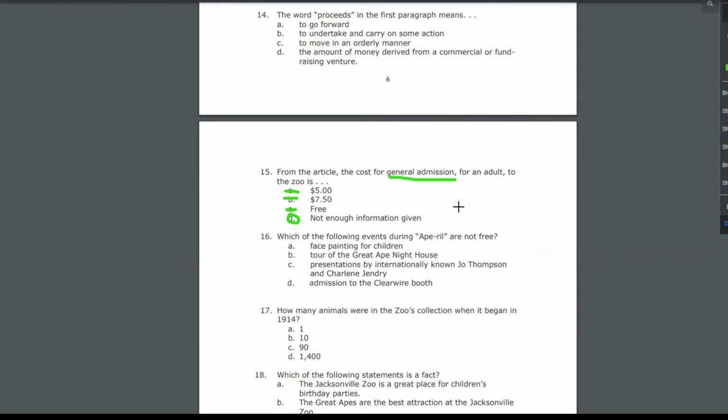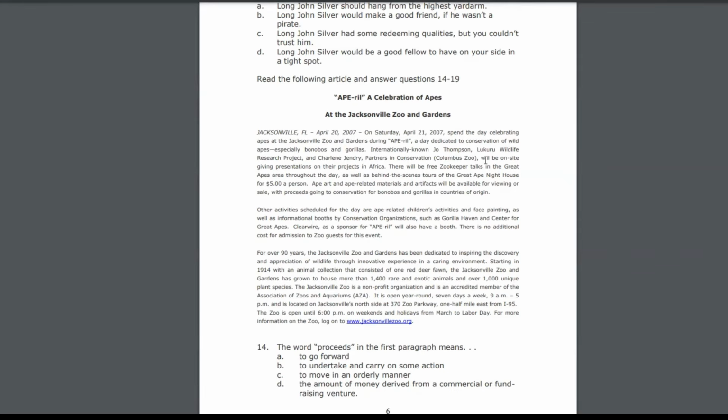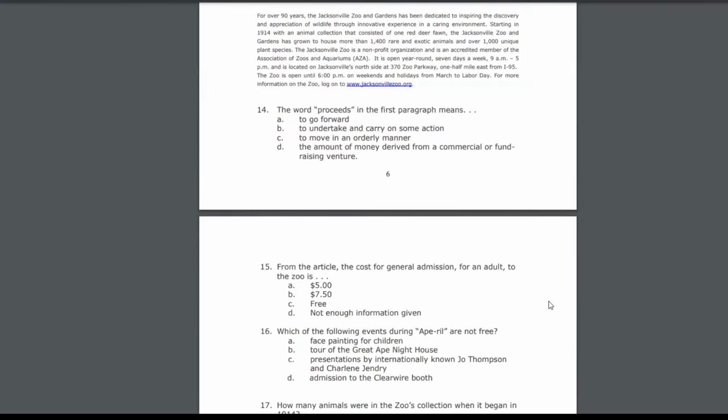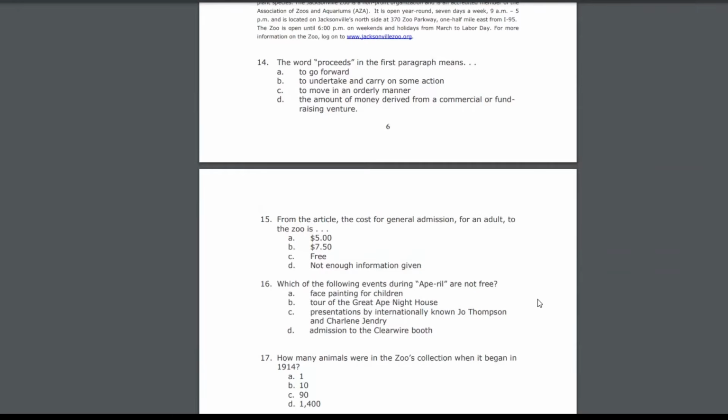With this particular question, what they're trying to see is, can you decipher the difference between the first paragraph, which is talking about a specific event, versus the last paragraph, which is telling you specific details about the zoo? They want to know that you can decipher between those two to be able to answer the specific questions. Make sure you actually read it and not just see $5 and say that's my answer. That's definitely what happens. It's easy to make that assumption because it's the only dollar amount that's there. So when I saw the question, I'm like, let me go see what was $5, and I'm like, nah, they're talking about